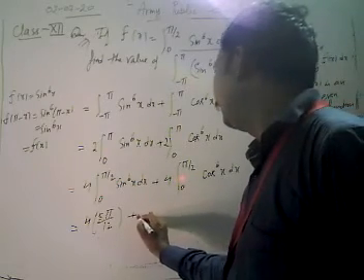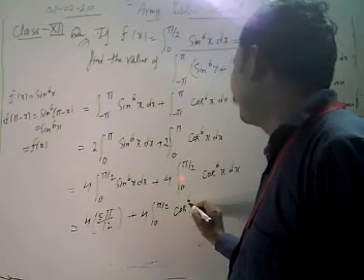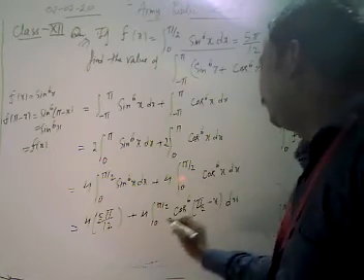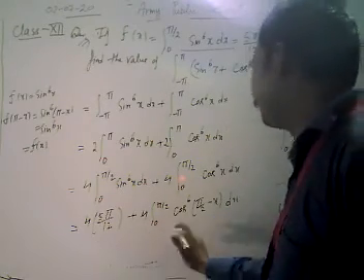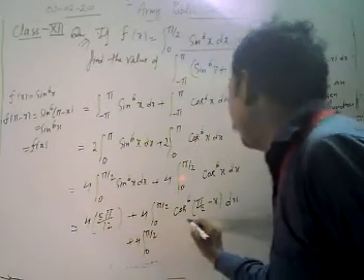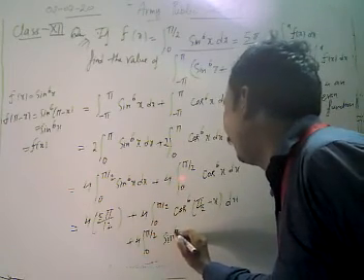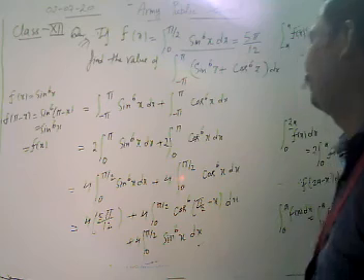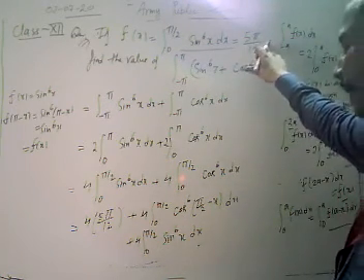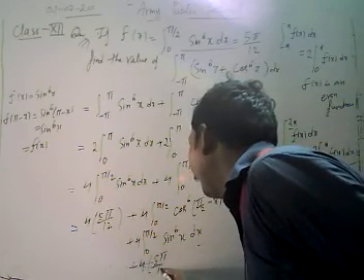Now plus 4 times the integral from 0 to pi by 2 of cos to power 6 of (90 minus x), that is pi by 2 minus x, dx. We are going to solve this second part. Cos of (90 minus theta) is sin theta, so it becomes sin to power 6x dx. The value of the integral from 0 to pi by 2 of sin to power 6x is again 5 pi by 12, so here we get 4 into 5 pi by 12.